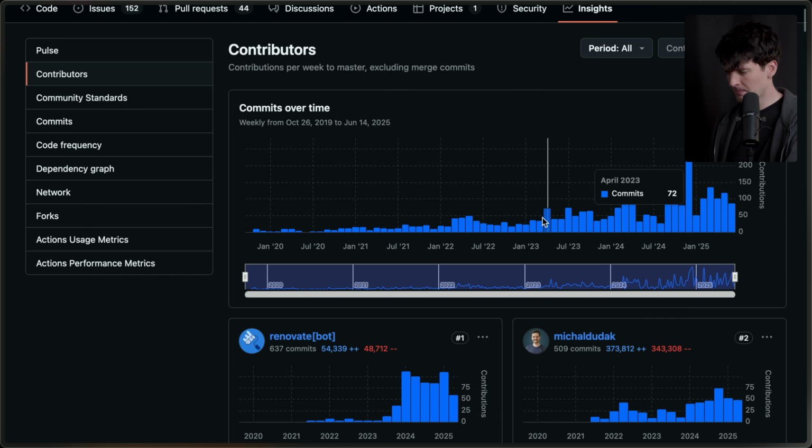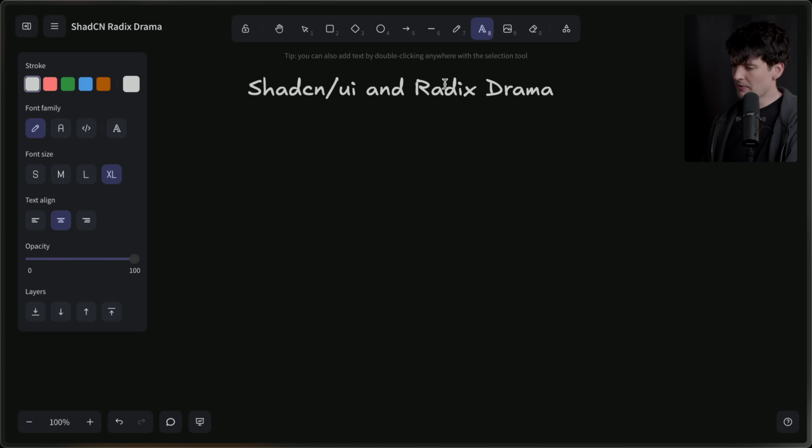As you can see here, contributions are pretty steady, and if anything, going up a bit. December was wild. They shipped a lot then, apparently. Pretty cool. So what we've established so far, Radix was a really good solution for component-based headless UI management for